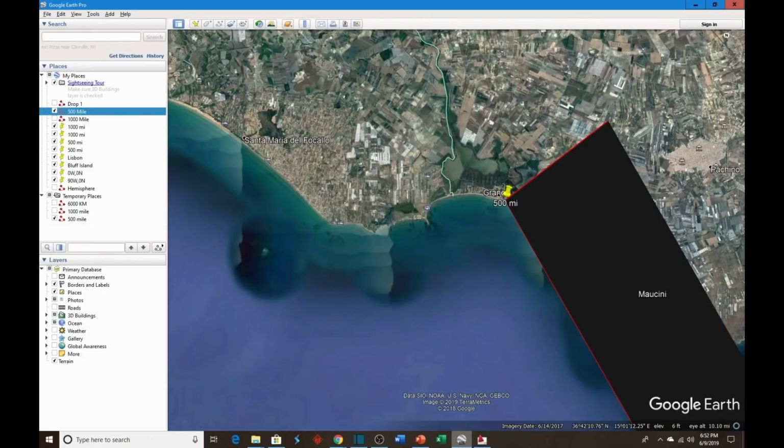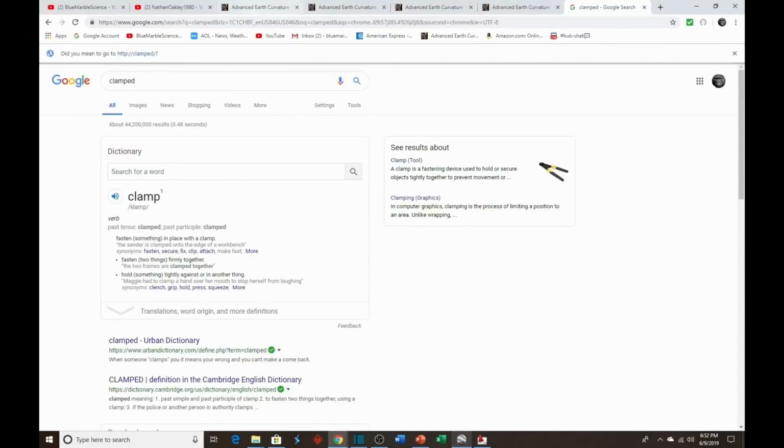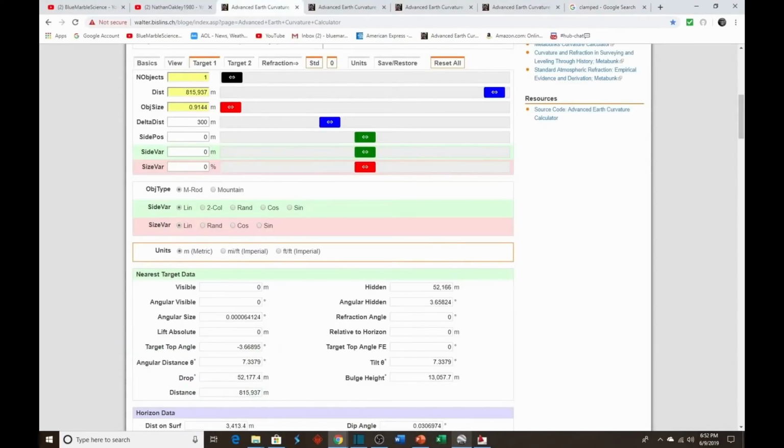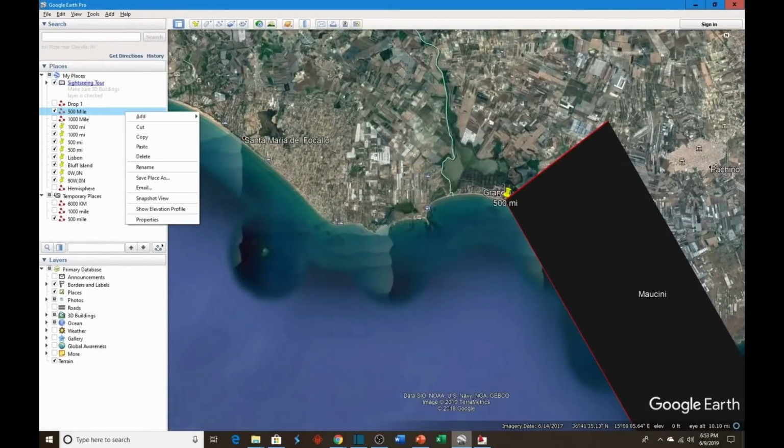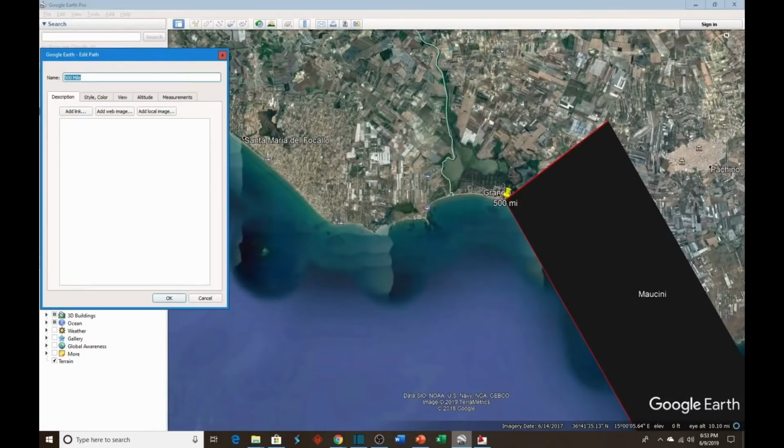Now, this is not an Earth curve calculator. This is Google Earth. If we wanted to know what that drop should be, let me put this back to units of feet and miles. Over a distance of 507 miles, and that's what that line is, the bulge height, and that's what we would be measuring there from the center, is 13,057 meters. So what do we have our model set for? Let's check. Properties, altitude,